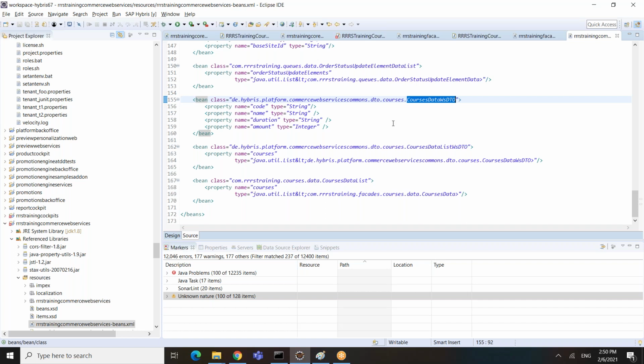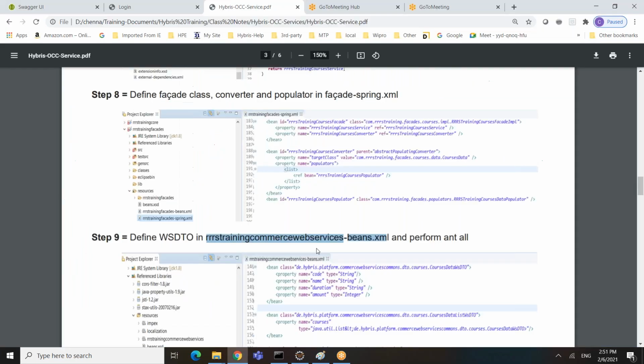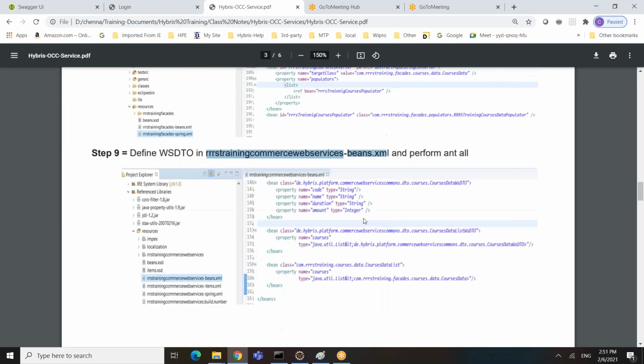It is going to generate the classes and you need to convert it. That is what this step is talking about. So we're done defining and we performed ant all. I already did all these steps because it takes time. Performing ant all again will take time, and starting the server, all that stuff, will take some time.